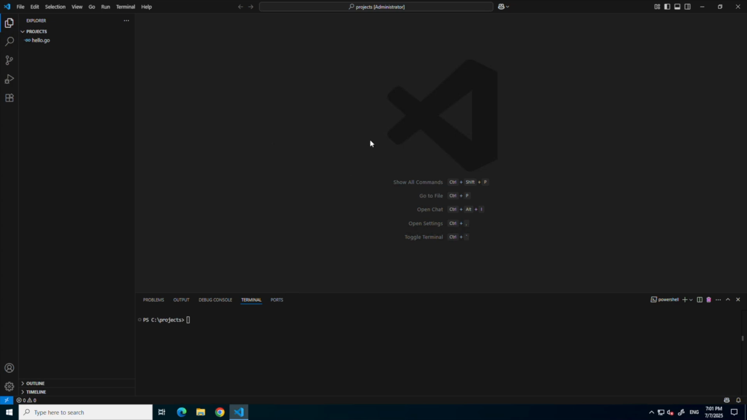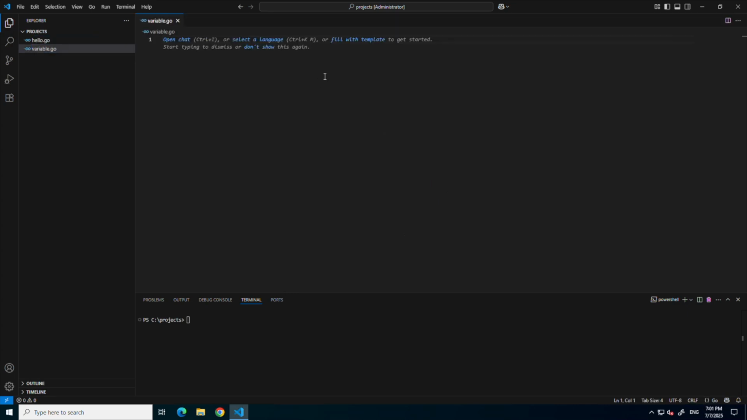So this is the editor from yesterday that I have. You can see the hello.go is already there. I'll create a new file called variable.go. And so let's begin. As I mentioned in my previous video, you will always have to declare a package name for all of your Go files. So the package will be main,